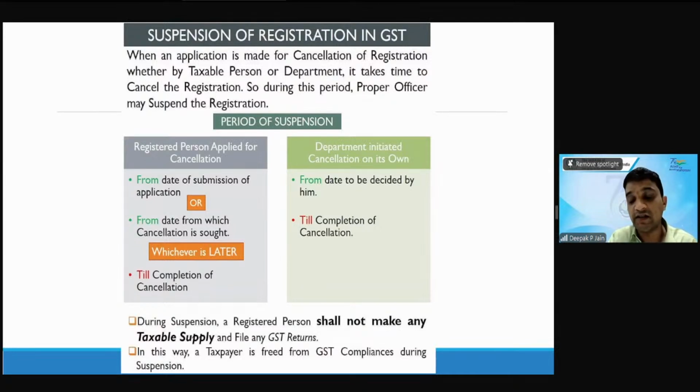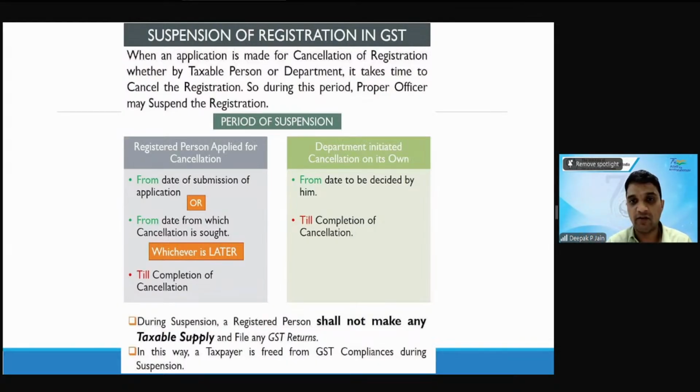सस्पेंशन व्हिच एवर इज लेटर डेट से होगा, व्हिच एवर लेटर इज मतलब जो भी लास्ट डेट होगा, व्हिच इज 5th जून। तो 5th जून से आपका रजिस्ट्रेशन सस्पेंड हो जाएगा। कब तक? टिल कंप्लीशन ऑफ कैंसिलेशन। जब तक आपका कैंसिलेशन नहीं होता तब तक आप सस्पेंशन मोड में रहेंगे।